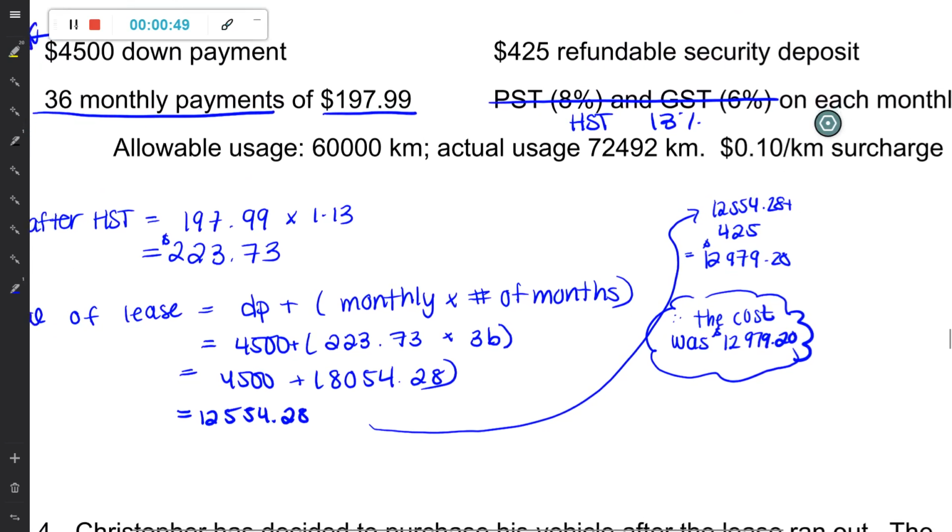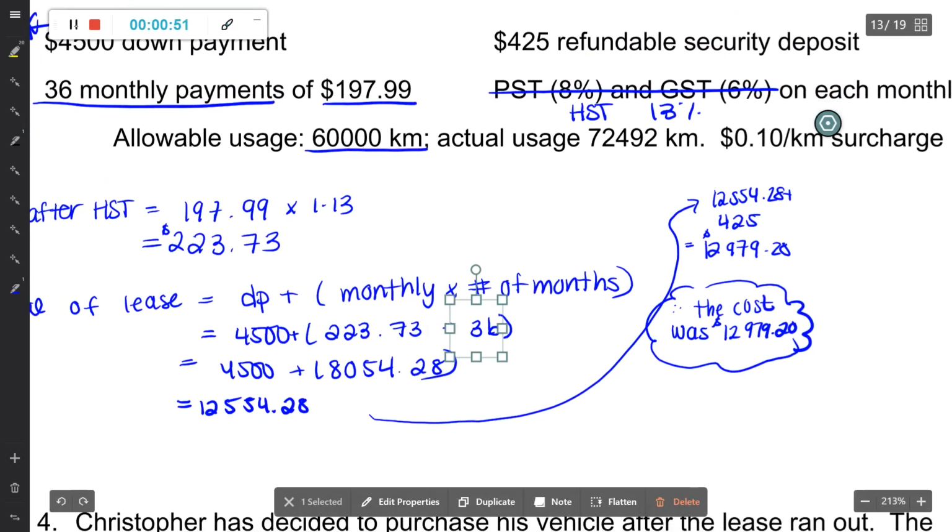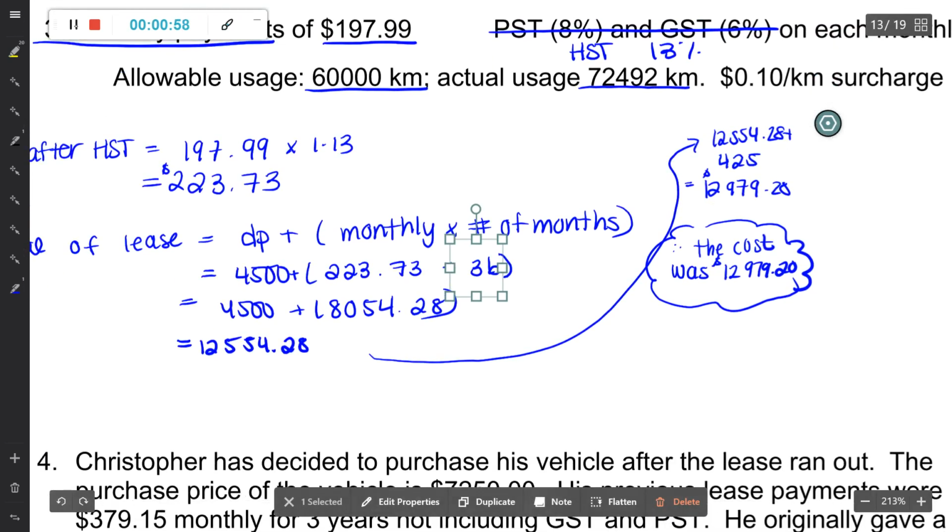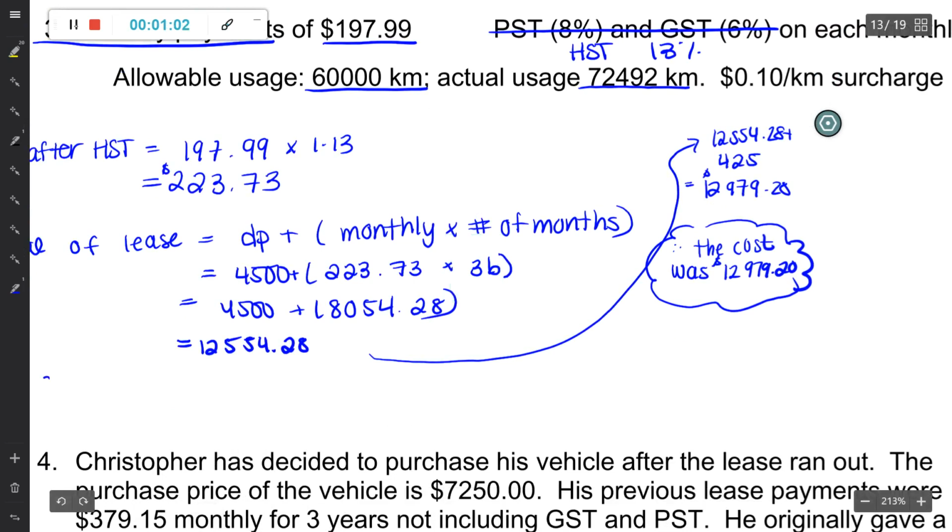So the allowable usage was 60,000 kilometers, but he actually used 72,492 kilometers. And there's a 10-cent surcharge on each kilometer used. So we're just going to go in. We're going to do step 1, which was to find out how much extra we used, right? So we're going to do that by taking how much he used in total. I'm just going to write in excess